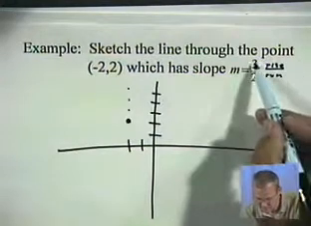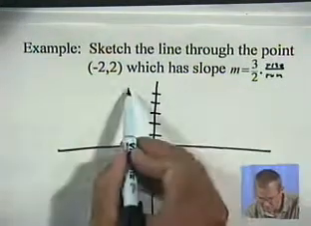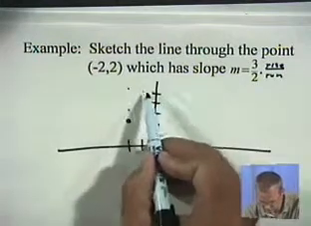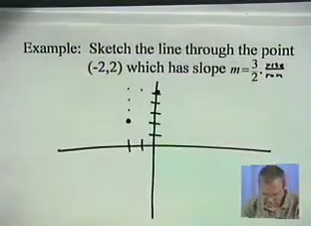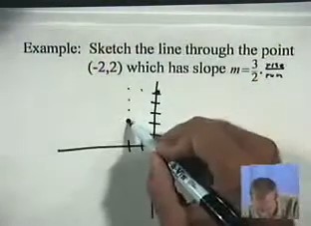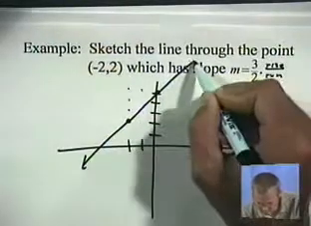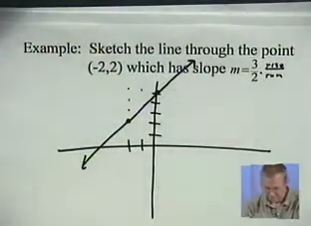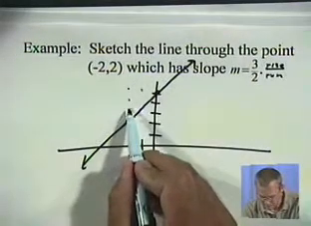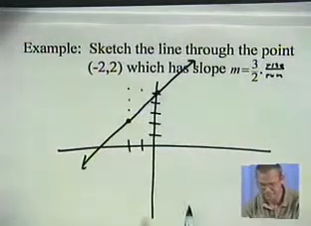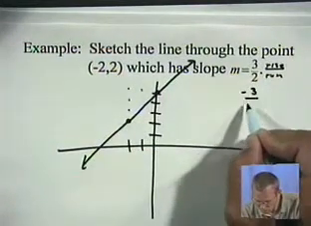And since they're both positive, the rise is positive, so up. The run is positive, which means to the right. So to the right 2 would put me right there. I have 2 points. I can easily graph my line. So there is a line that goes through the point negative 2, 2, and has a slope of 3/2. Now notice, if I wanted to,